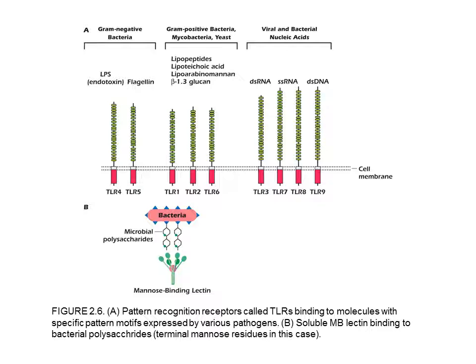But at the same time, microbes are pretty smart as well. They know, and part of that will be discussed in microbiology, what their ways of entering are. Because I just told you that the biggest killer is infection, so they probably succeed in doing it, and we have a problem. So you can see from here, gram-negative are going to go for TLR4 and 5. Gram-positive and mycobacteria are going to go for 1 to 6, and viral and nucleic acid are going to take 3, 7, 8, 9.